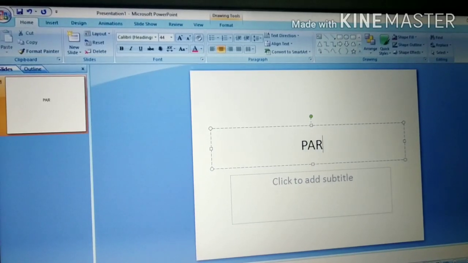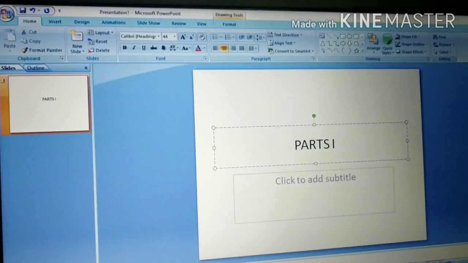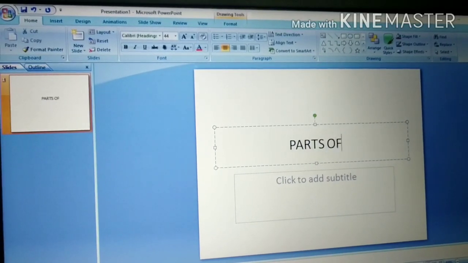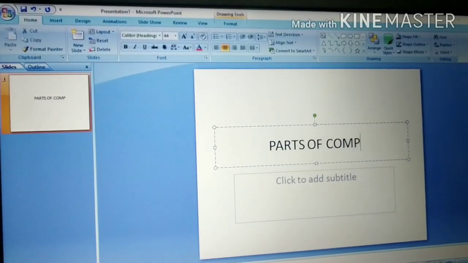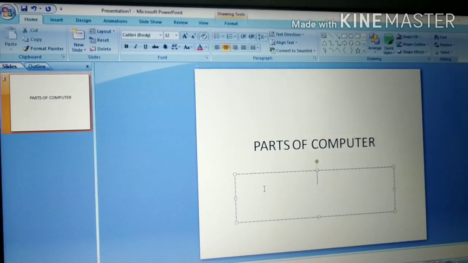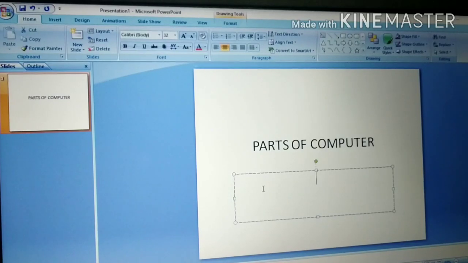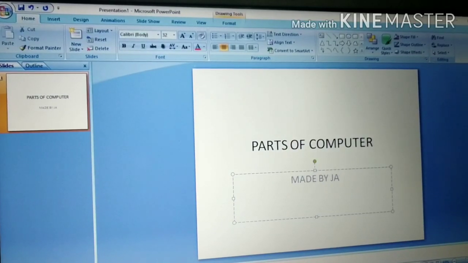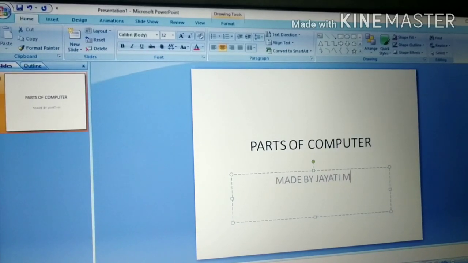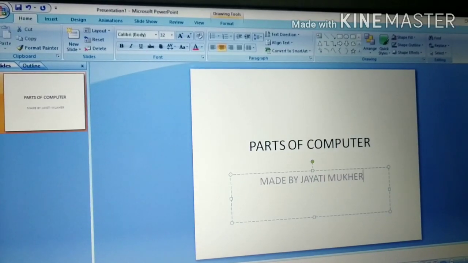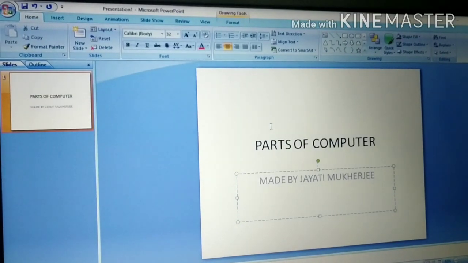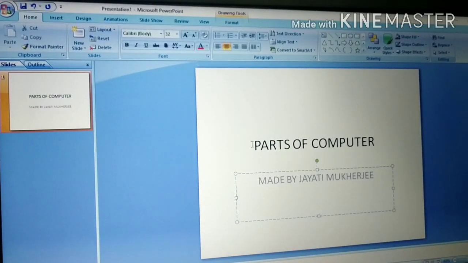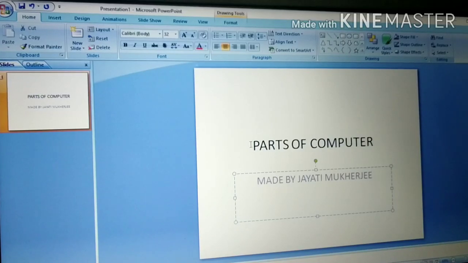That is parts of computer. Clear? And then in the subtitle type your name, that is, made by. As I am making this, I am writing my name here, Jayati Mukherjee. Got it?